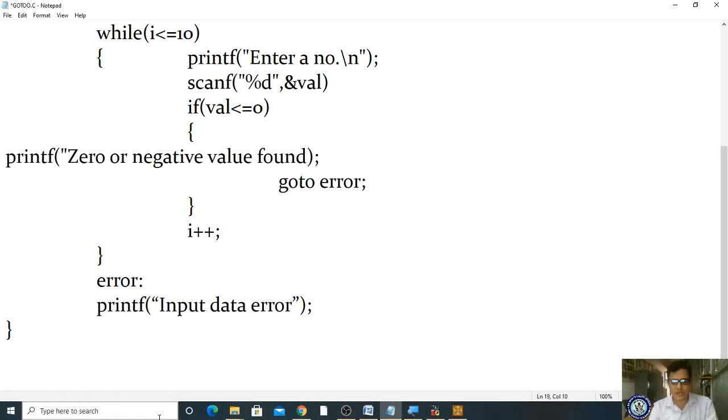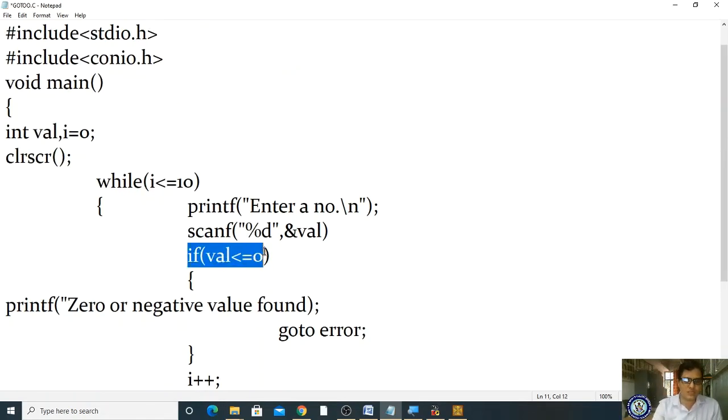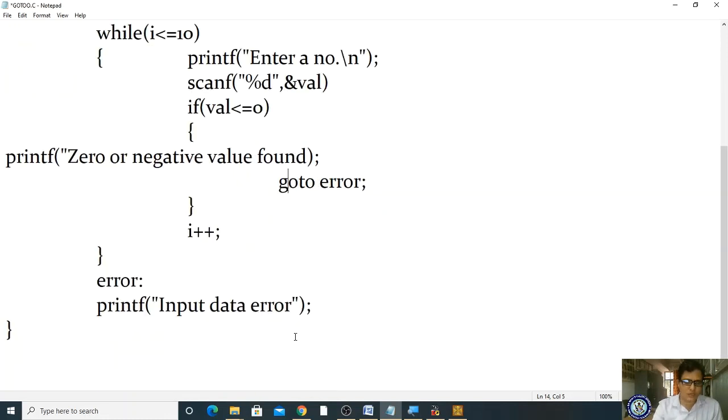In error, I am placing input data error. If we enter a negative value, control will go here and it will display this data. Afterwards the program finishes. So you are exiting from the looping statement by using the goto.